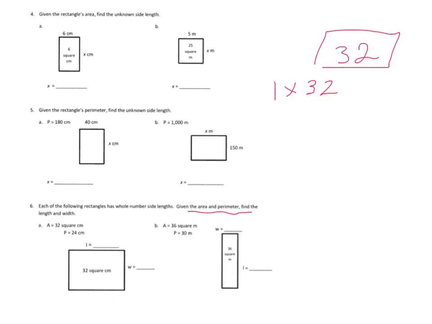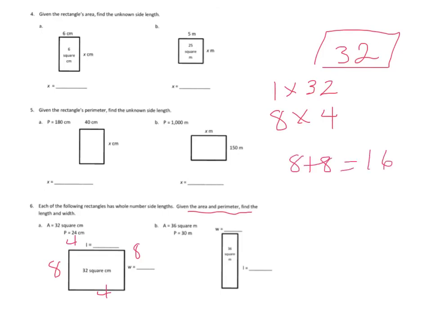So now that you know kind of what we're looking for, let's keep going. If we know the perimeter is going to have to equal 24, let's look at some other factor pairs, some other facts that equal 32. Okay, so I know a lot of you know that 8 times 4 equals 32. So let's see what happens with that. So 8 times 4. If this is 4, this side would have to be 8, which means this side would have to be 8, and which means this side would have to be 4. So 8 plus 8 is